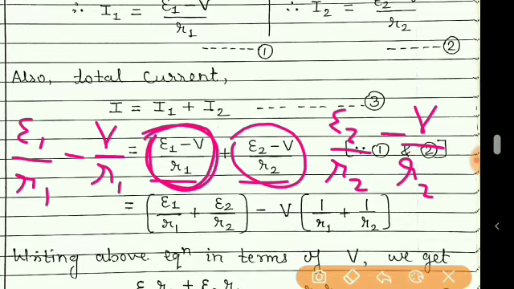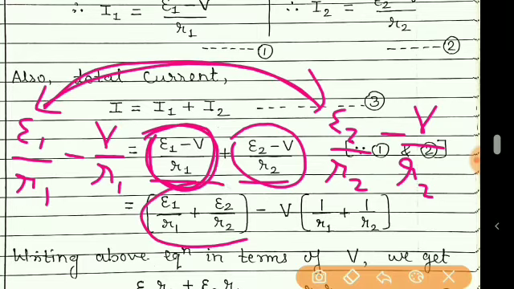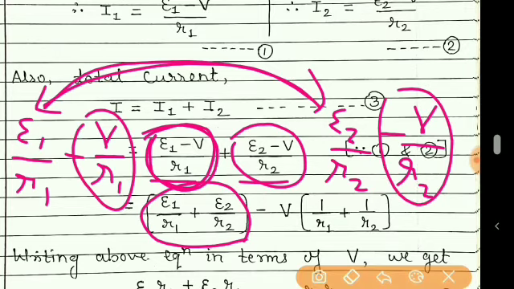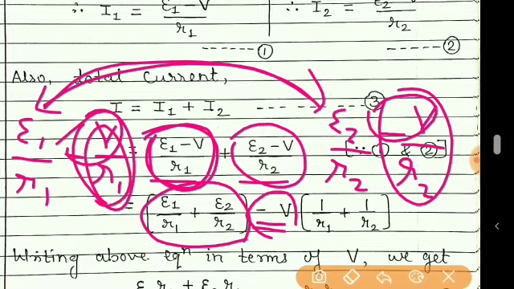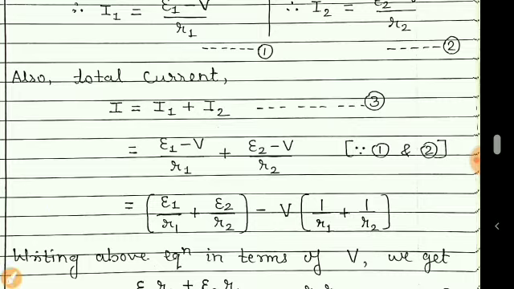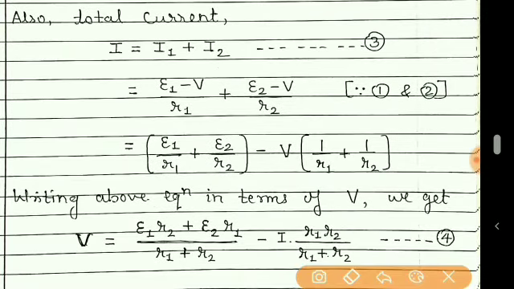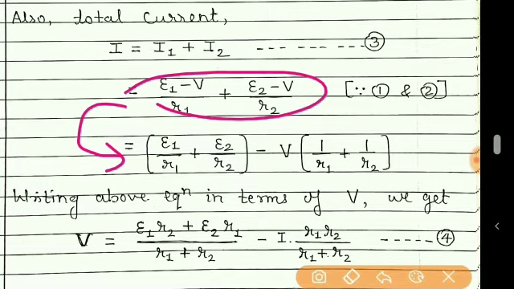putting the terms with epsilon together we get this, and then in the remaining two terms, minus V is common. You can see here minus V common. What remained inside? 1 upon R1 plus 1 upon R2. So that is here. So this is also simple mathematics. How we can get this step after this, that is quite easy. And now